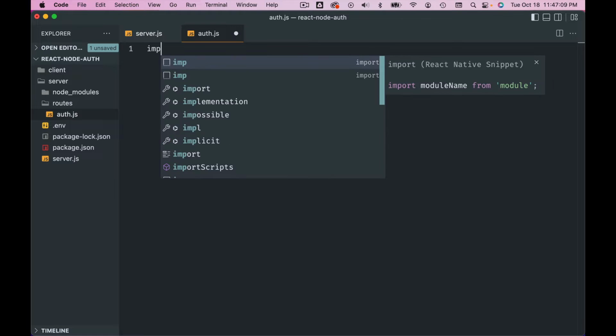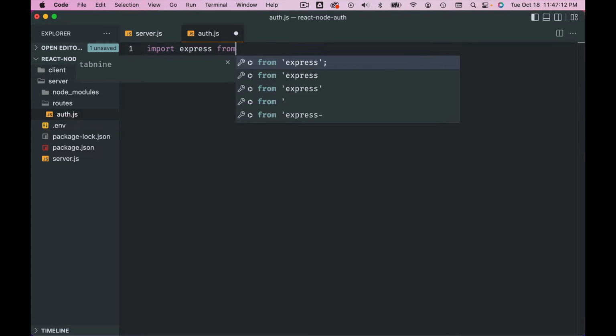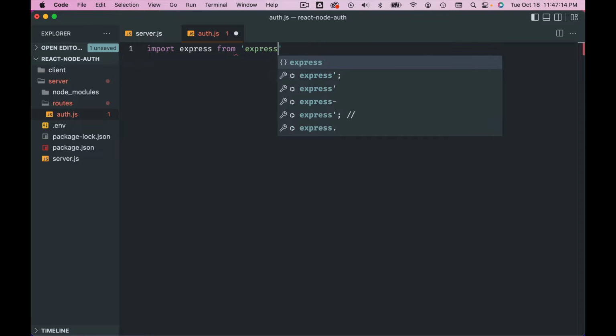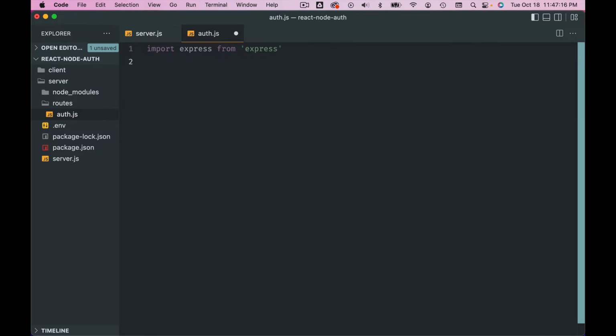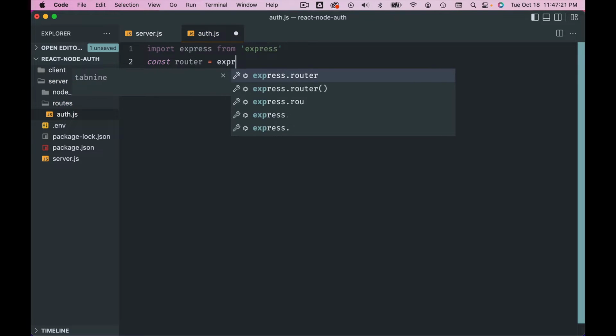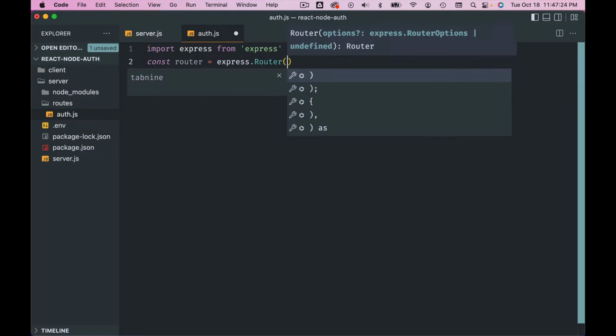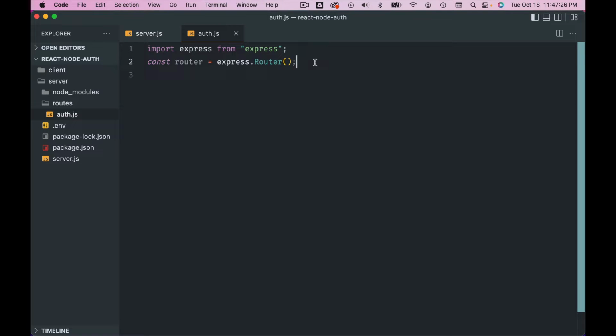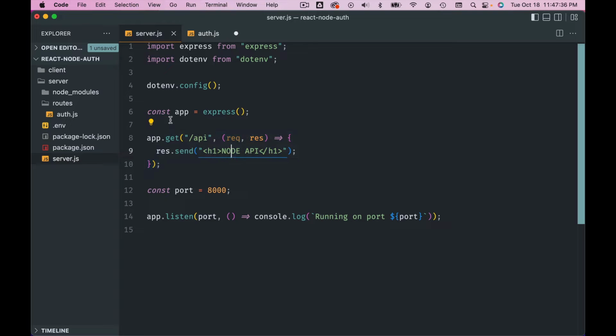So first we need to import express, then we can access the express router, put it in a variable, router equals express.Router with capital R. So execute this function that gives us the functionality of express router. So that's in this variable. Now we can use all the requests like get request, post request, all those requests we will be able to